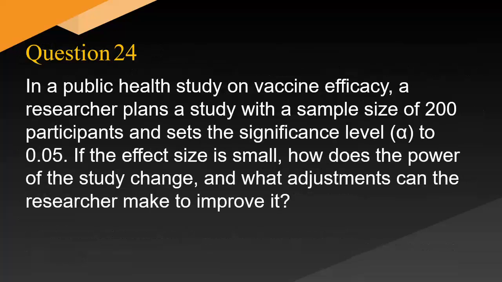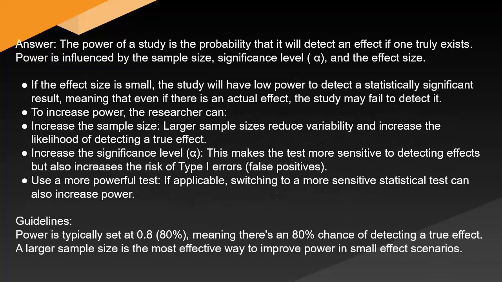In the ECA Public Health Study on vaccine efficacy, a researcher plans a study with a sample size of 200 participants and sets the significance level A to 0.5. If the effect size is small, how does the power of the study change, and what adjustments can the researcher make to improve it? Answer: the power of a study is the probability that it will detect an effect if